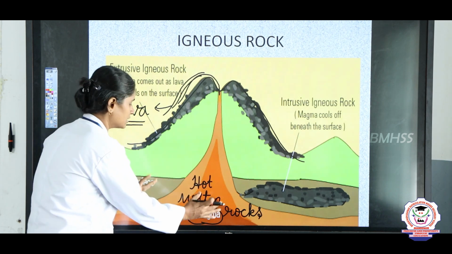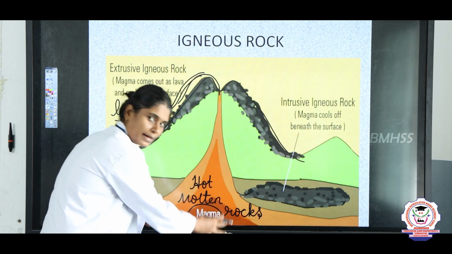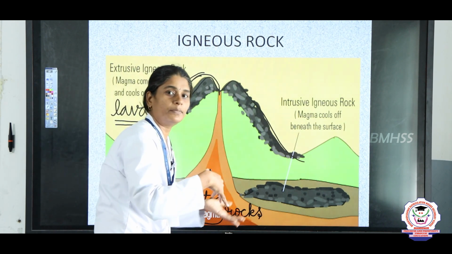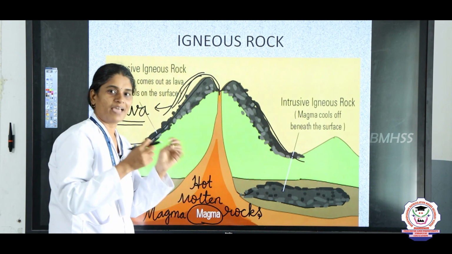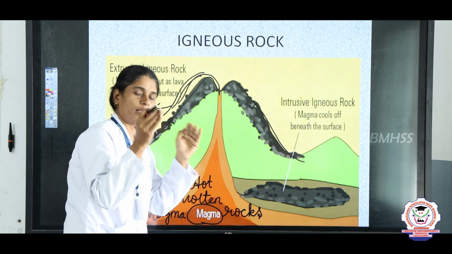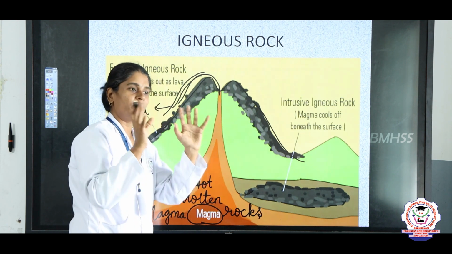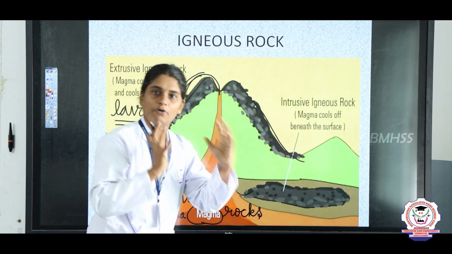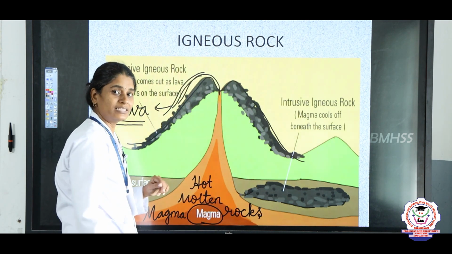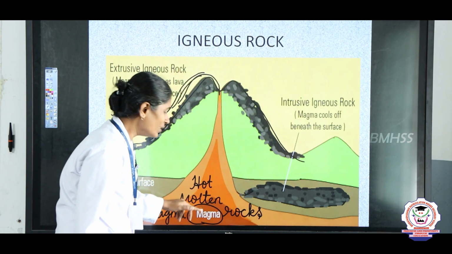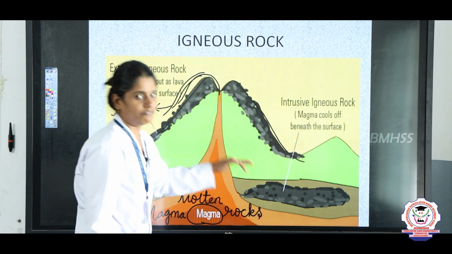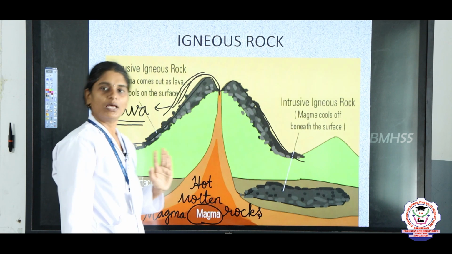So this cooling and hardening of this magma or lava, இந்த நெருப்பு குழம்பு வெளியே வந்துருச்சு இல்லையா, so வெளியில வந்த பிறகு, because of air and because of the cool temperature, it cools down. அது அப்படியே cool ஆகி ஒரு விதமான hard material form ஆயிடும். So that is known as igneous rock. So igneous rocks are formed by the cooling and hardening of the hot molten rocks, either from the magma or from the lava.